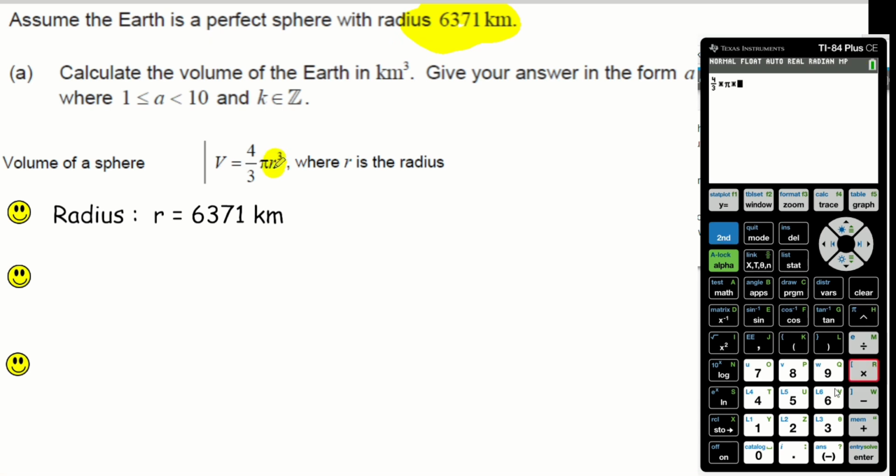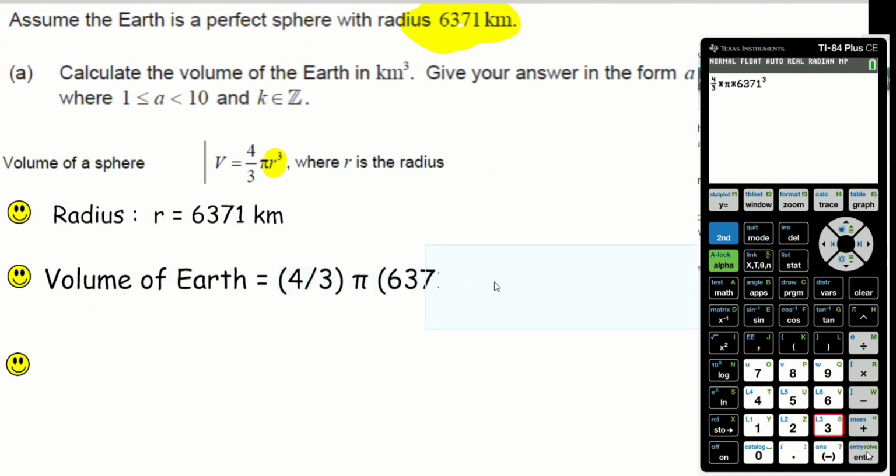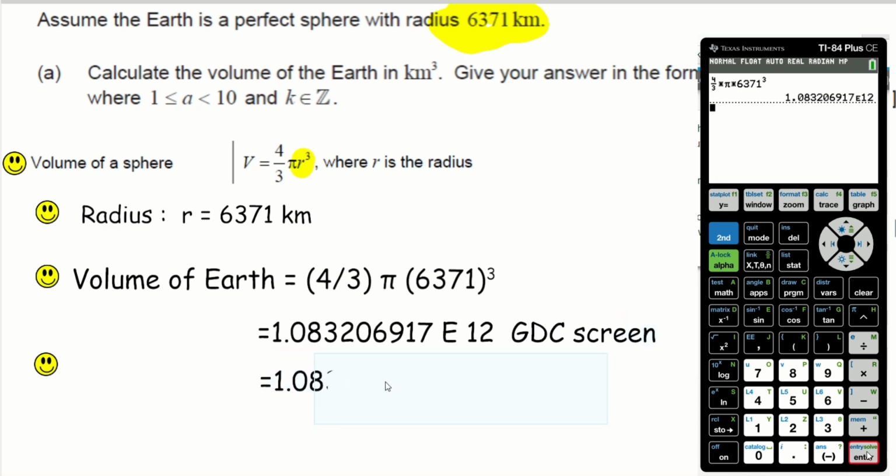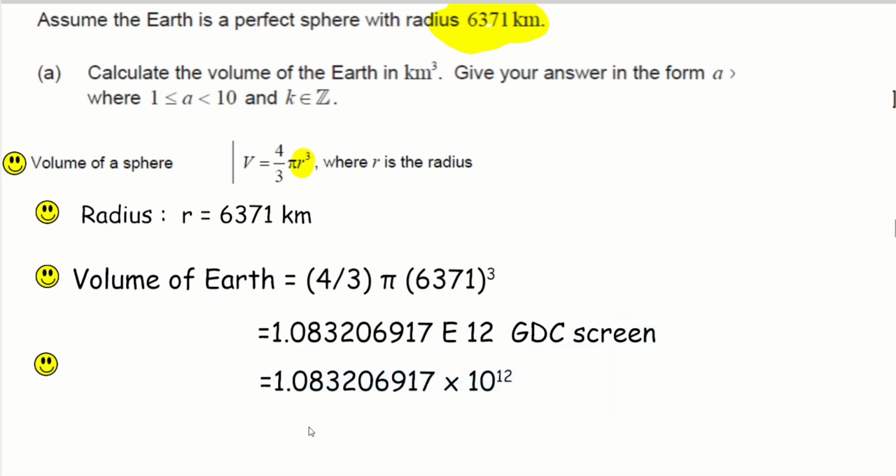I recommend using the fraction bar feature to avoid any potential mistakes that could happen when entering the numbers. Once you've entered everything, you can write down what appears on your calculator screen onto your paper. Just remember to convert the result into standard form, as E represents powers of 10. The IB expects the answer to be in 3 significant figures, but I recommend writing down the full, longer answer